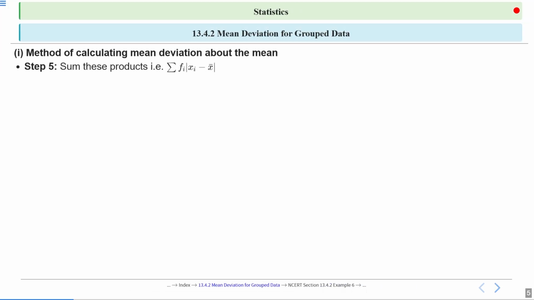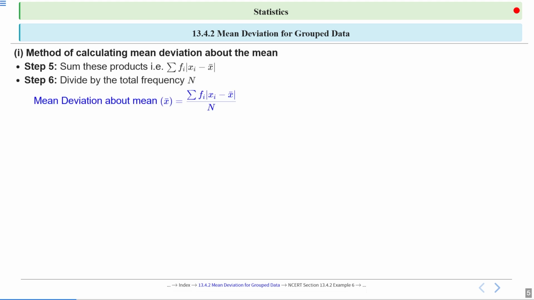So now let's look at how to calculate the mean deviation about the mean. First we need to sum the products of the frequencies and the absolute deviations from the mean, that is, summation fi times mod of xi minus x bar. Step 6 is to divide by the total frequency n. So the mean deviation about the mean is equal to summation fi times the absolute value of xi minus x bar, divided by the total frequency n,